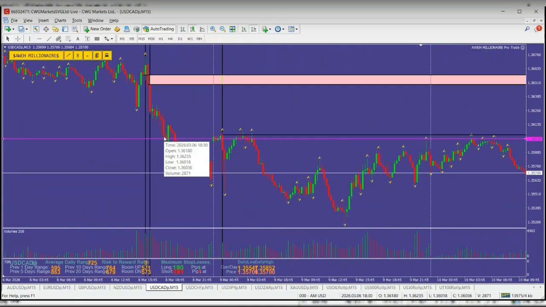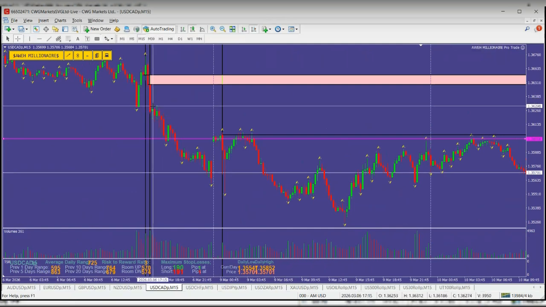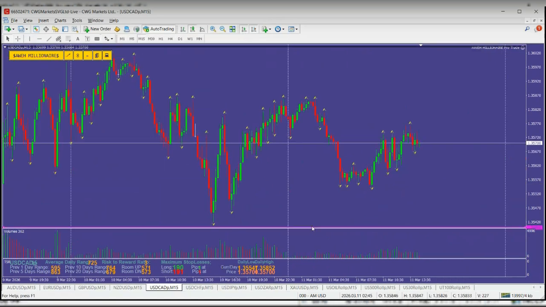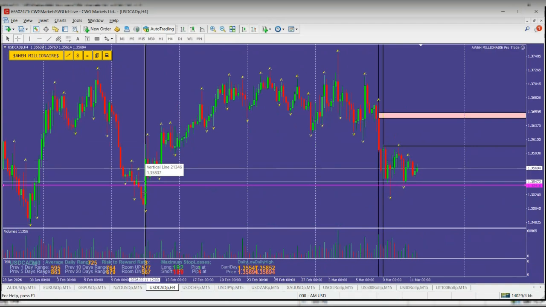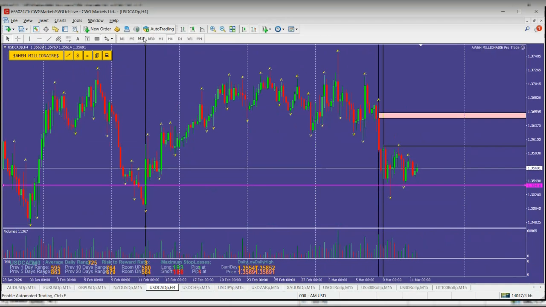So all levels of supply where price pushed down with high volume. Now, going back to the 4-hour time frame to identify the next potential demand level. It seems the next potential demand will be all the way over here, Feb 11th, where price pushed up with high volume. So go to M15,